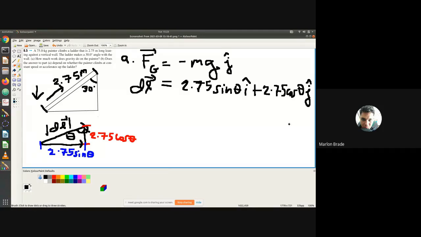So now the work done by gravity is just equal to the dot product, F_G dot dl. Remember that I didn't include the i hat in F, so the i component is 0 i hat. So 0 times 2.75 is just 0. So the answer is negative 75.0